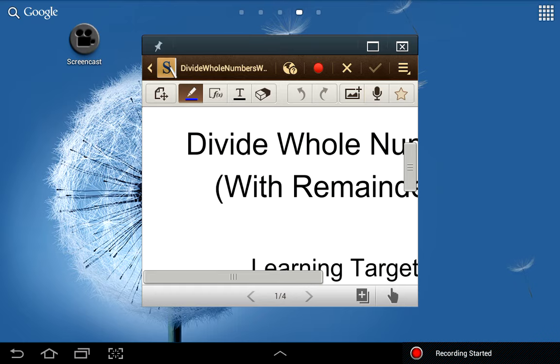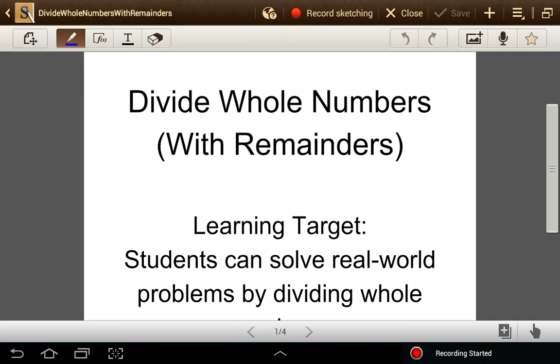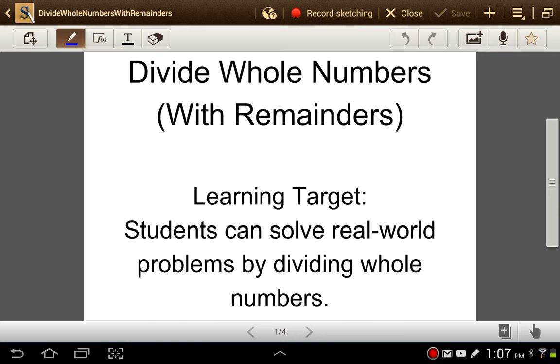Okay, here's our video, dividing whole numbers. This time we're going to have remainders in our dividing, and so we're just going to write down what those remainders are. We're not going to do too much with them right now. I just want you guys to know that every time you divide, it does not come out to a whole